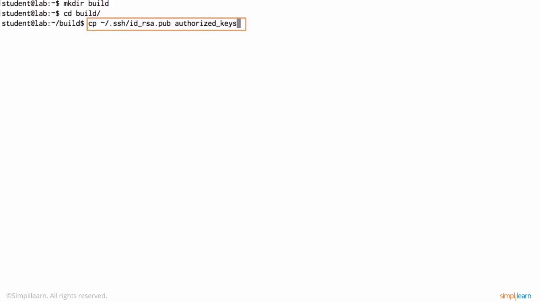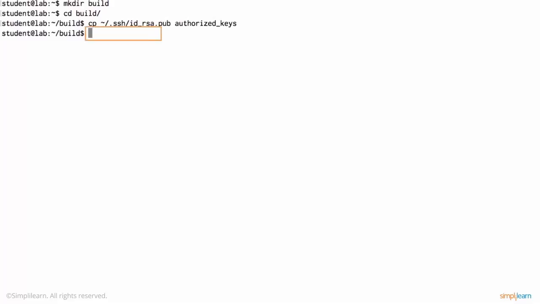The reason we're copying that into the build directory is that the build directory is the context in which we're building an image. We can copy files, we can create a Dockerfile. Let's actually touch that. And a Dockerfile contains the directives for creating an image. So let's edit that file.